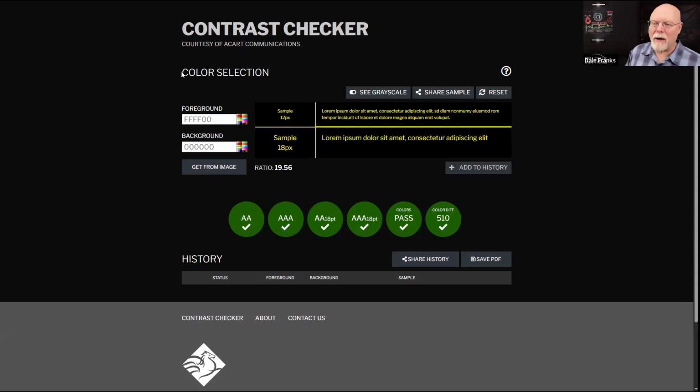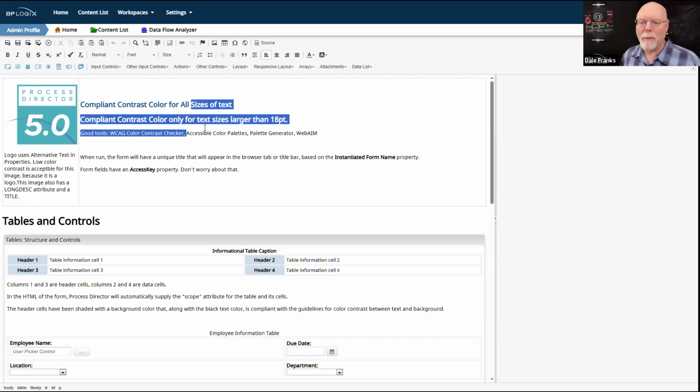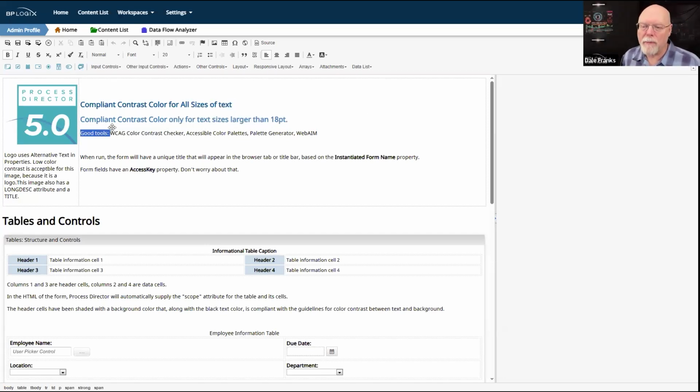The important thing to know is you have to be able to get the appropriate contrast colors, not just in text, but in buttons as well. So this is an example here where I actually use our regular BP Logix color here. It's great, but I can only use it at 18 point. And this is the similar color that is AA compliant. So when you see them side by side, you can actually see that the fully AA compliant color for sizes smaller than 18 points would be a noticeably darker shade of steel blue.